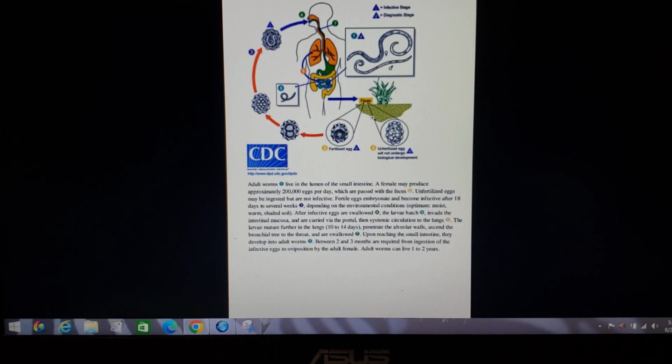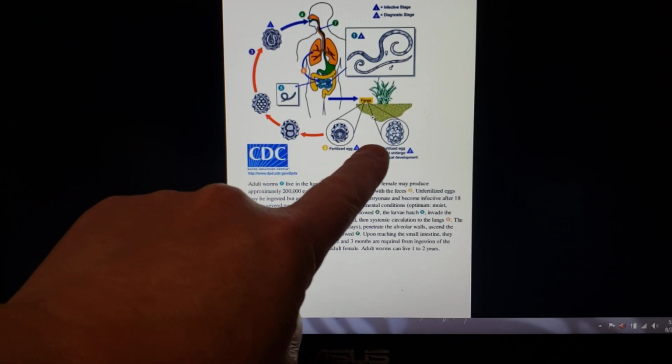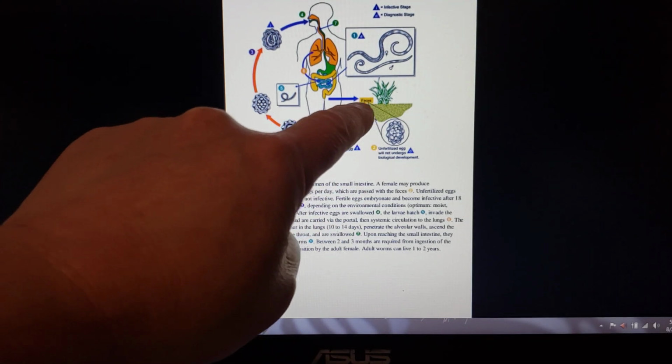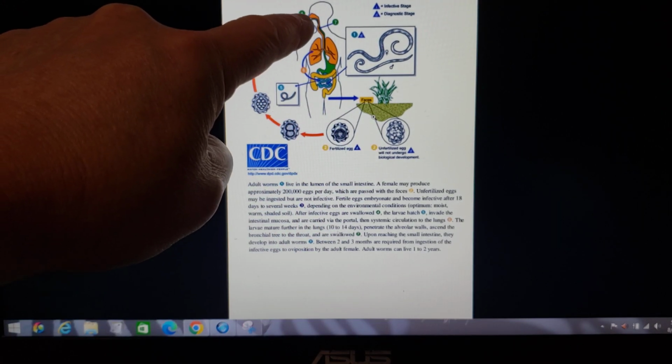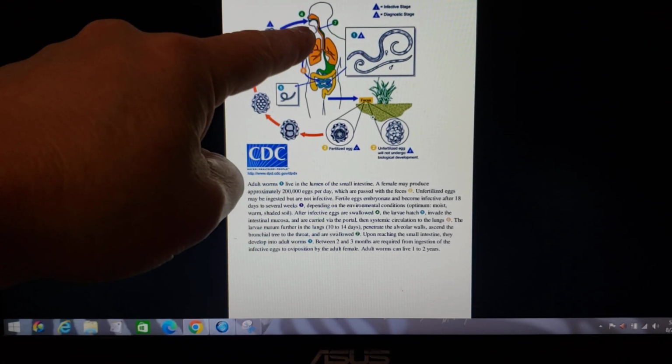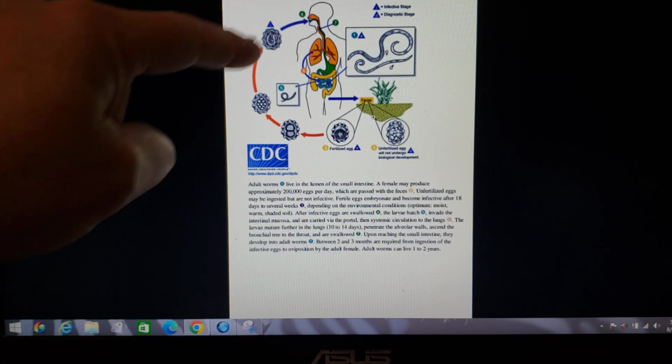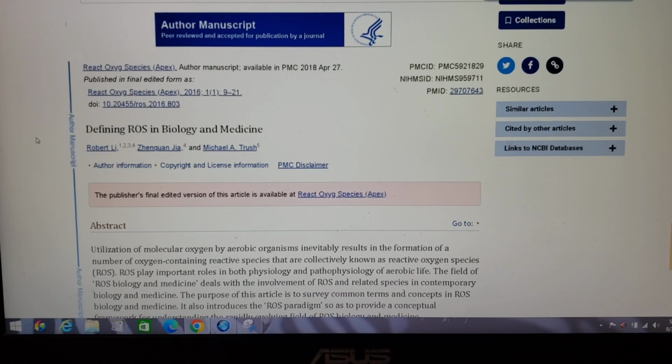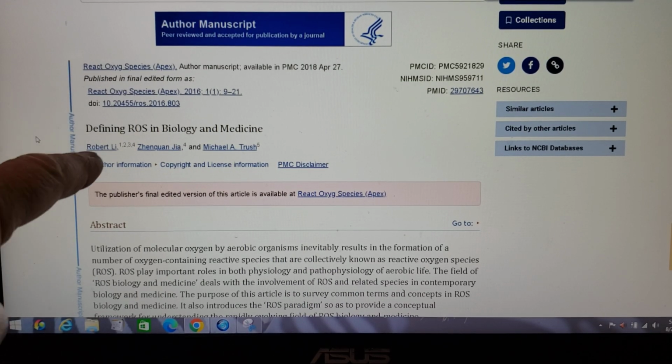Just a little CDC snip right here, but here's some of these nematodes. They come from feces, and they can get into the human body. They can get into your microbiome in your gut and stuff. But the more CO2 that you have in your environment, the more that these little nematodes are like, hey, let's go over there and get into the mouth of the human. So now I got another study to show you called